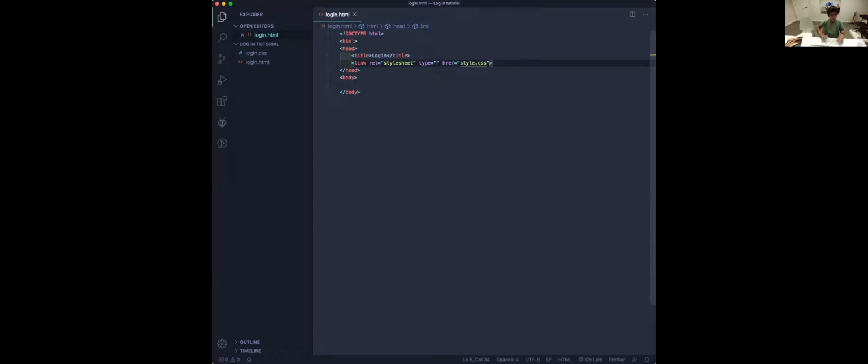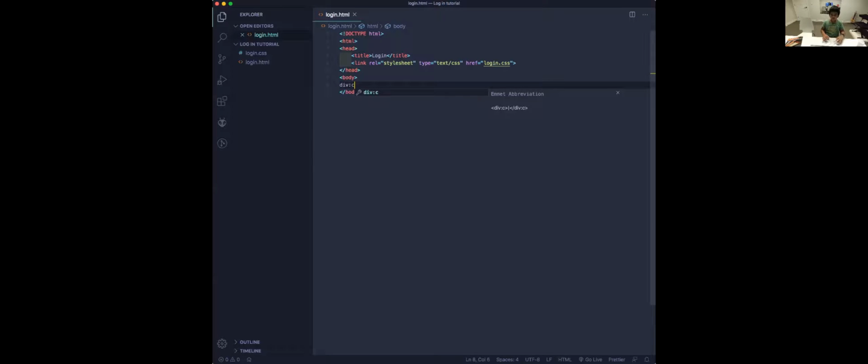And the type will be the CSS, so we'll say text slash CSS. And we'll change the href to login.css. There we go. Now in your body tag, you're gonna type a div tag with